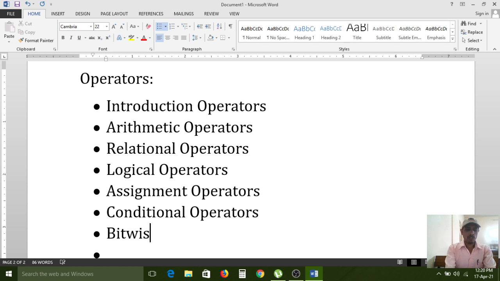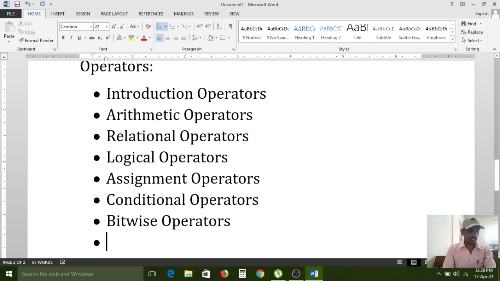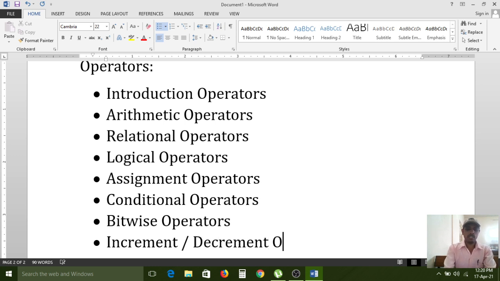Bitwise operators. So these many operators we have. Next, increment or decrement operators. So this is the third chapter. The complete operators concepts belong to the third chapter.